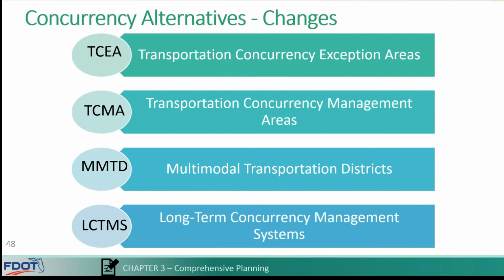To continue on, even though the guidance for the transportation concurrency alternatives that are listed above here on this slide was removed from the statute, local governments have and may still want to continue the use of these concurrency alternatives within their jurisdictions. An additional alternative for transportation efficiencies is now available for local governments to use and was included in the statute in House Bill 7207. We will talk about that in a little bit more detail in Chapter 5.